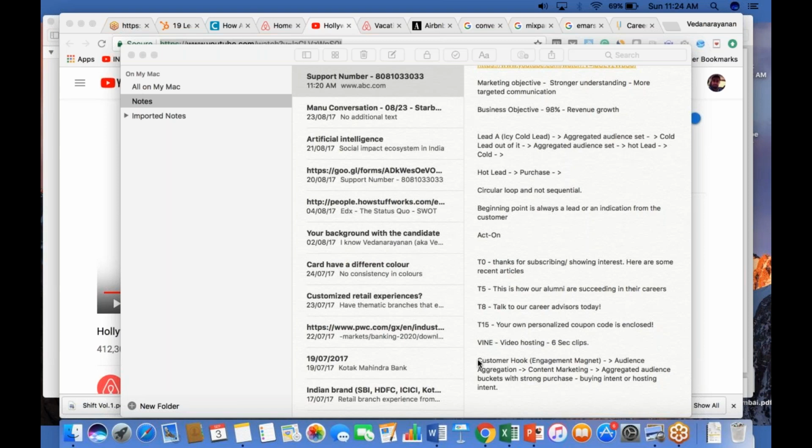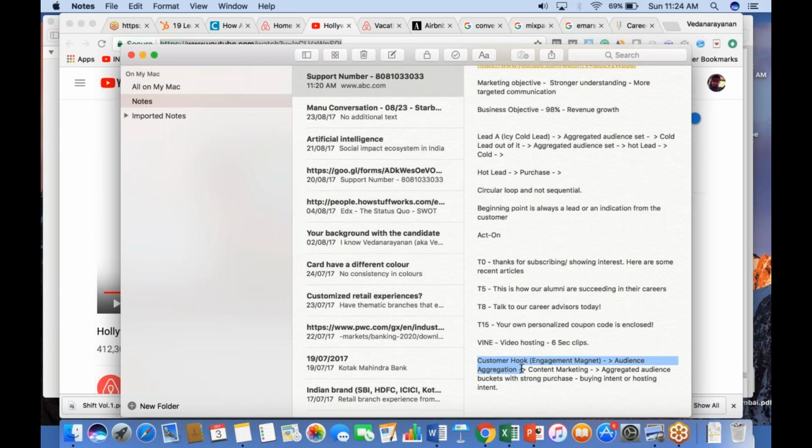So they started off with the engagement magnet, and they also built in a hook or a play for creating audience aggregation within that. They've asked people along with that to also follow them on Twitter. And once they did that, they've got awesome pieces of crowdsourced content. They didn't actually have to create the content in house. All they had to do was stitch the content together in a nice, engaging, long form video, which they then marketed to their audiences to try and upgrade them into higher order levels of aggregated audience buckets